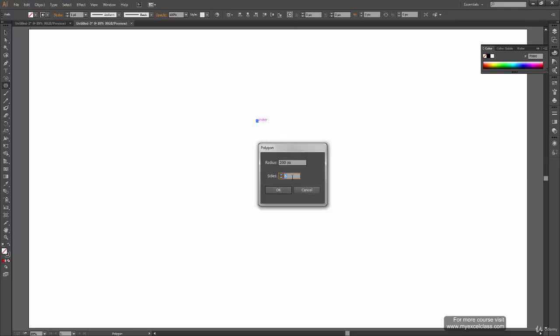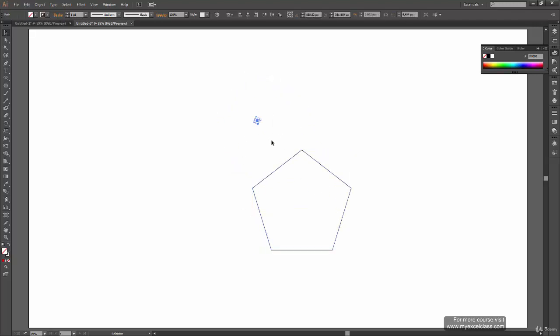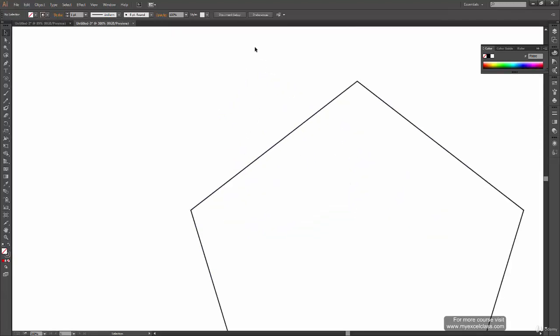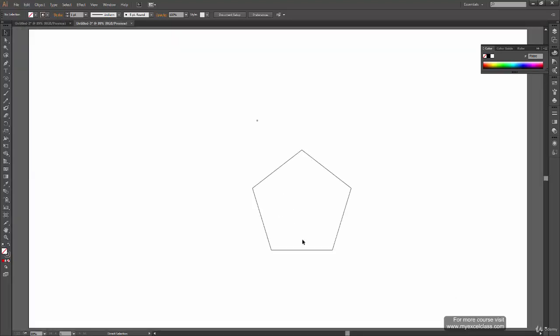And the number of sides, now it is 6. That means a hexagon. When we change it to 5, that makes it a pentagon. So let's make it a 5 and click OK. So we have a pentagon this time instead of a hexagon. And we have an extra polygon over here. Let's zoom in and see. Alright. Yeah, we have an extra polygon. Press Ctrl 0, select this and delete. So yeah, there are two kinds of options we get in the option window.